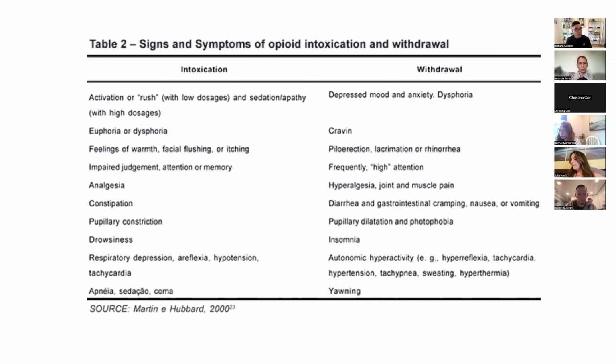Intoxication, they get euphoria, right? There's a rush. Then they get sedation with high doses, all right? Anesthesia, obviously, you guys know that. Autonomic hyperactivity, because we were talking about your body compensating for having a depressant, right? So your heart rate will go up, blood pressure will go up, your breathing will go up as well, okay? So like I said, this is intoxication. You can pick intoxication to memorize that, and then just assume that the opposite will be withdrawal, all right? Or vice versa. Yawning, for whatever reason, I don't really know the pathophysiology of why people yawn when they're off of opioids, but it's a side effect of withdrawal, all right?